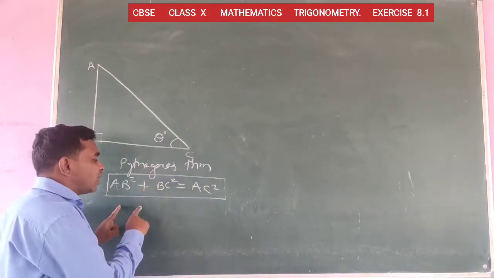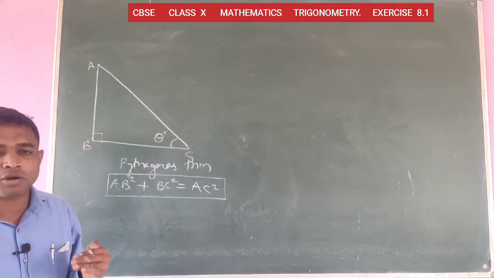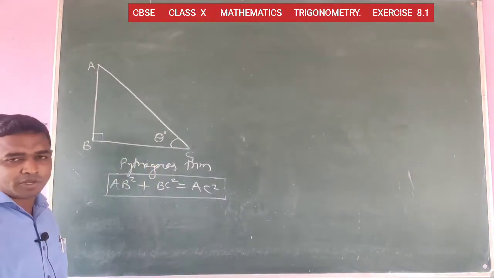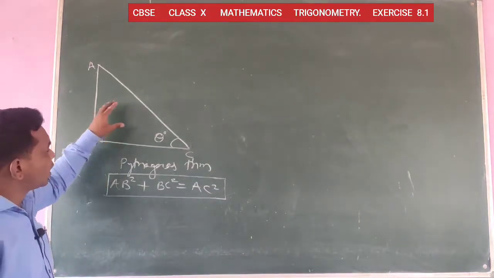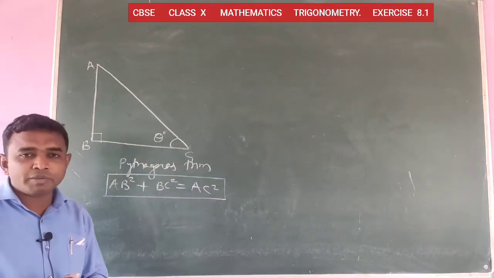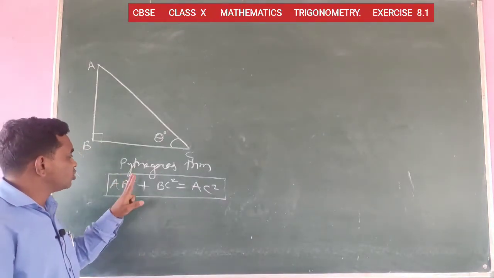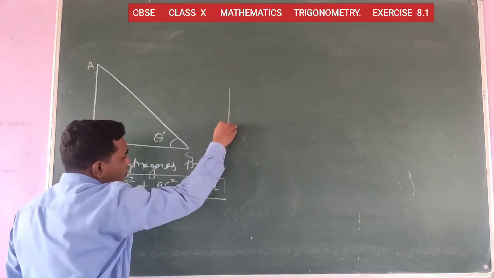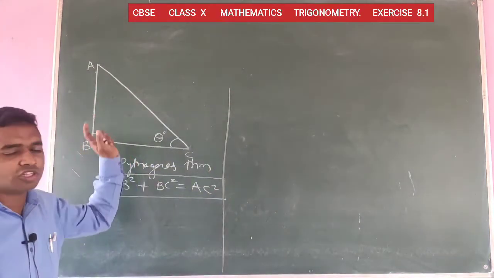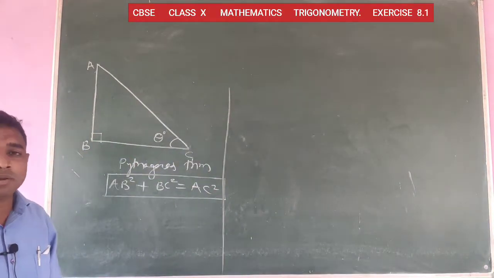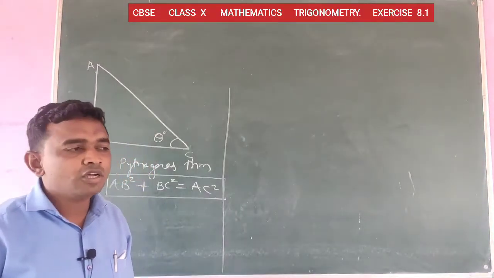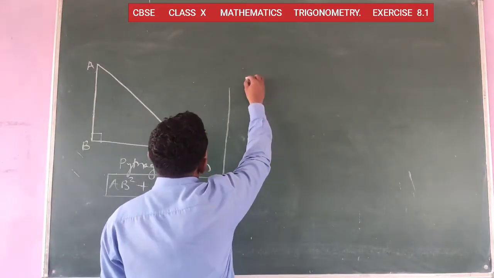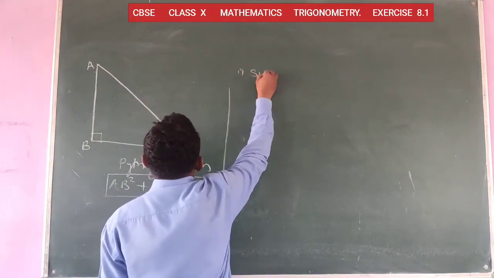By using this Pythagoras theorem, we are going to find the remaining side whose measurement is not given in the examples. To find the missing measurement of the third side, we use the Pythagoras theorem. And when we know the measurements of all three sides of the triangle, we are able to find the trigonometric ratios. To find the trigonometric ratios, we must know the basic formulation. We will repeat that.